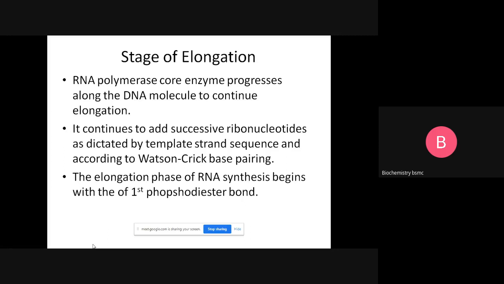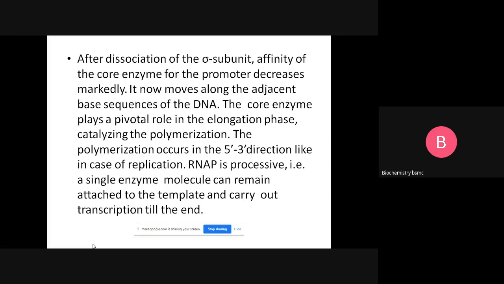So actually the initiation and elongation are not markedly different. It is the initiation when the promoter site is selected and the promoter site binds, and the elongation is when actually the first phosphodiester bond forms. In this reaction, the substrates are the nucleoside triphosphates. They have a 5' end bearing a triphosphate, and they have a 3' hydroxyl group. So with this much knowledge, we proceed to the next slide.